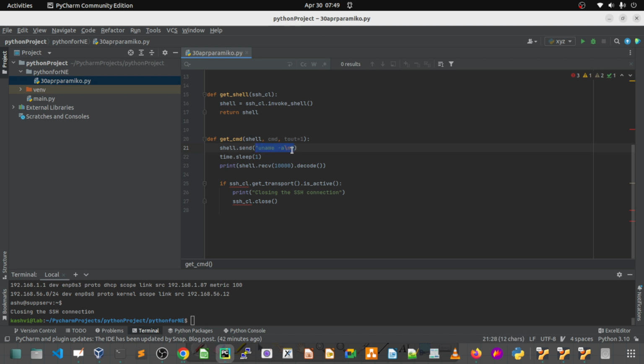So I'm going to pass the cmd, whatever value I have given as a command, and I will add the new line which is supposed to be there on each and every command. Fine, and then the sleep time, which will be the variable I gave, t out,